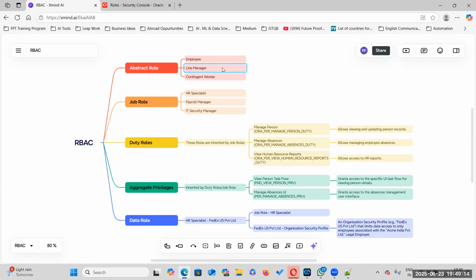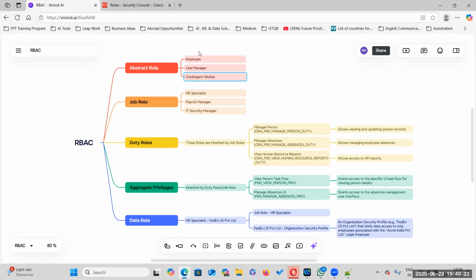Line manager is a similar kind of abstract role. A line manager will do managerial activities, so that is also an abstract role. Contingent worker is almost equal to employee. I told you, right? A contingent worker is a contractor who is working from another company.